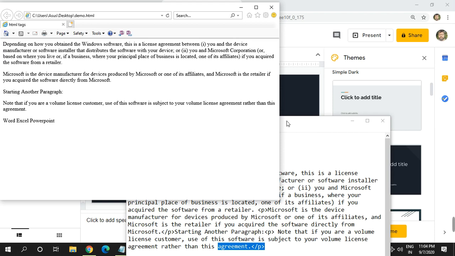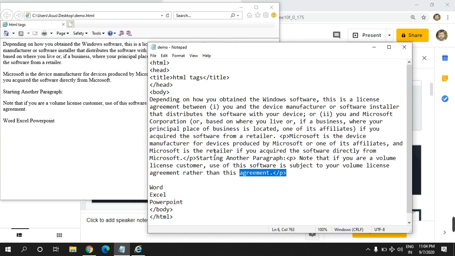Now, as I have told you, we have put Word, Excel, PowerPoint on different lines here, but in the output Word, Excel, PowerPoint are displayed on the same line. Why? Because HTML does not recognize the enter key that we press inside Notepad.